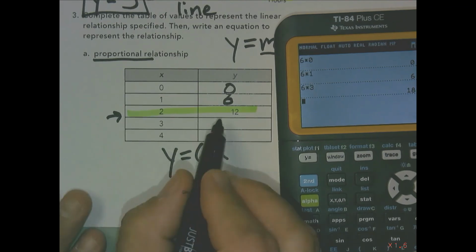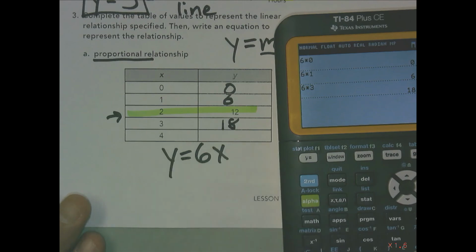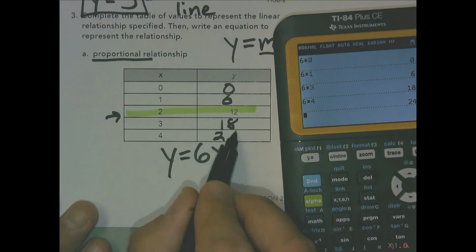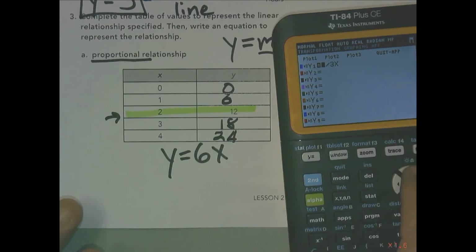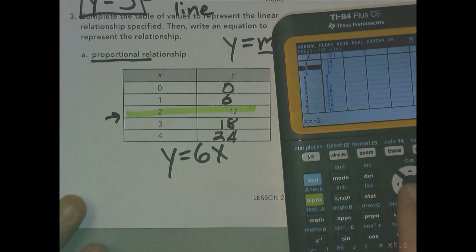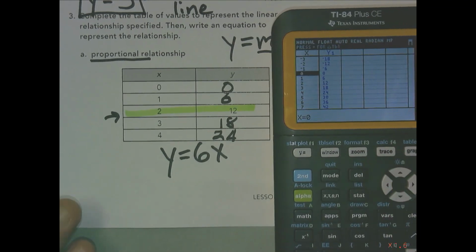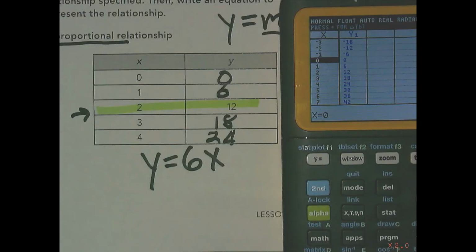We're going to skip and say 6 times 3, 18. And then 6 times 4, 24. Now, what we could have done is gone in here and just said 6x, and then looked at the table of values, and we would have got the same thing. Does that